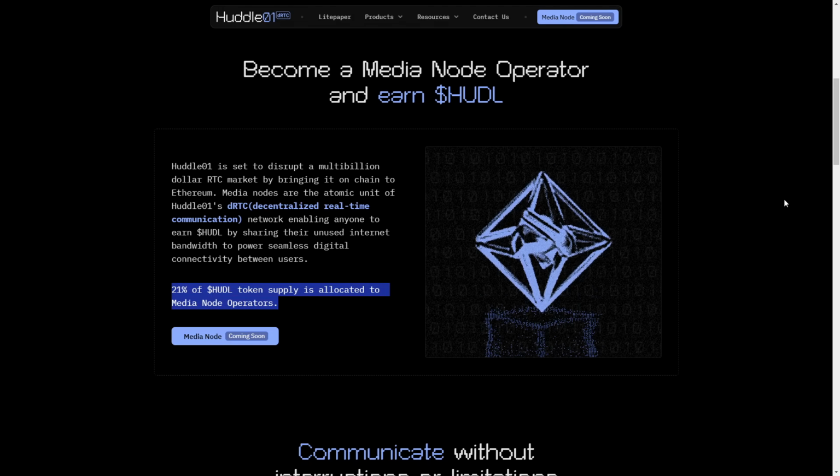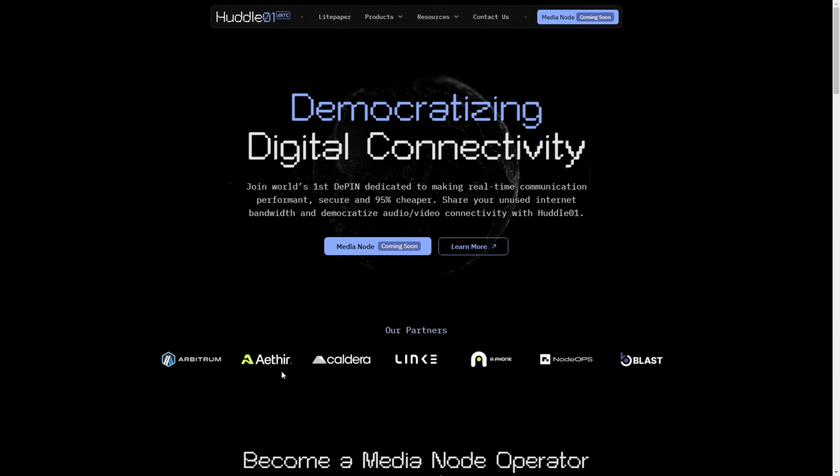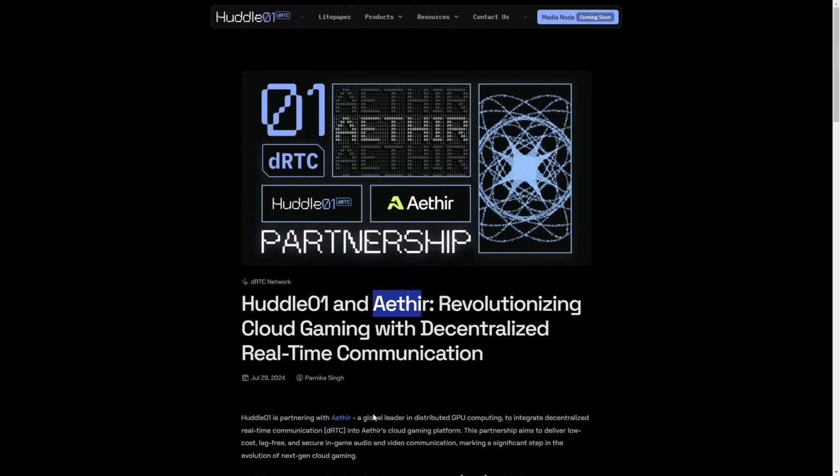Now they've also had some partnerships with a lot of giants out there. So they have partnerships with ATA, they have partnerships with iPhone, they also have partnerships with NodeOps. So for instance, NodeOps is going to be playing a very critical role in the infrastructure and deployment of the media nodes, and ATA, for instance, is also going to use the DRTC network that they have built for their gaming cloud. And on the other hand, the Huddle team would also utilize ATA's powerhouse of GPU